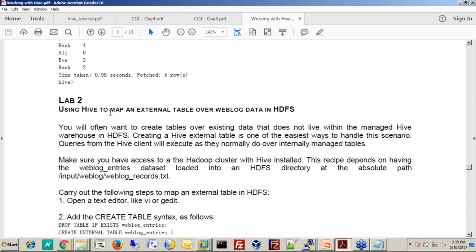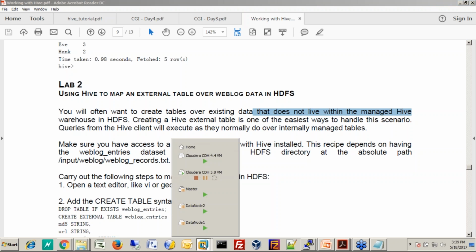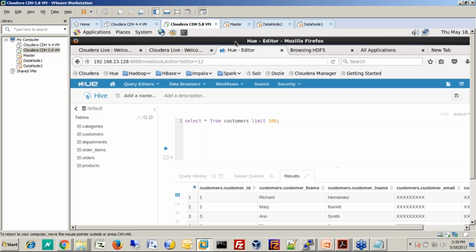Okay. Now, using Hive to map an external table over weblog data in HDFS. So let us see the prerequisites for running this. You will often want to create tables over existing data that does not live within the managed Hive warehouse in HDFS. One of the best examples I'll provide for this is our